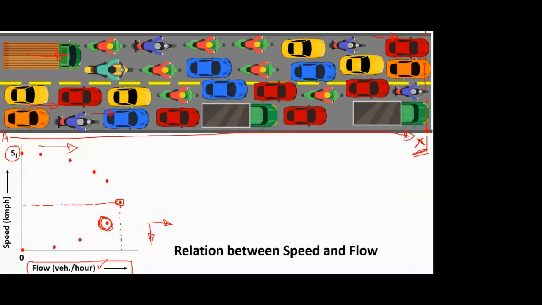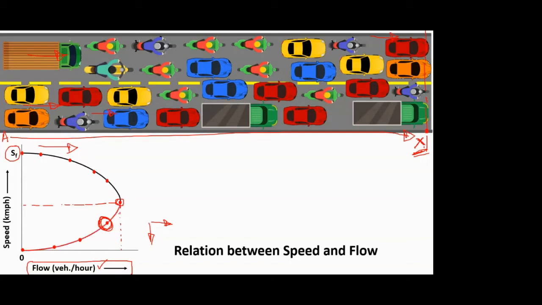And at the same time, now if you see, the flow value is also zero, because even if we are saying, or you are seeing, these many vehicles are there on this road, they are not able to pass this point X only because there is a traffic congestion. So if they are not moving, if the speed is zero, obviously they can't pass a point X. So that's why the flow is also zero.